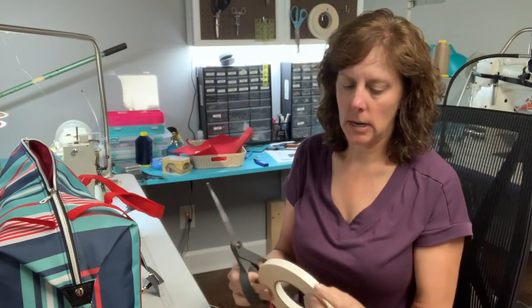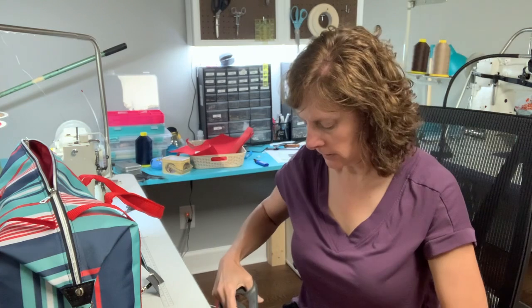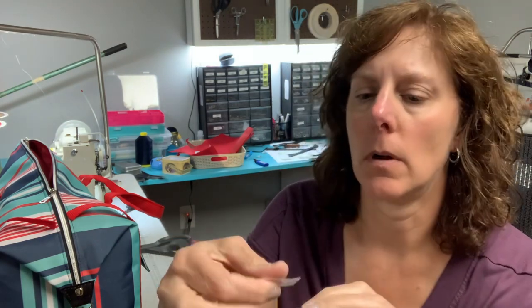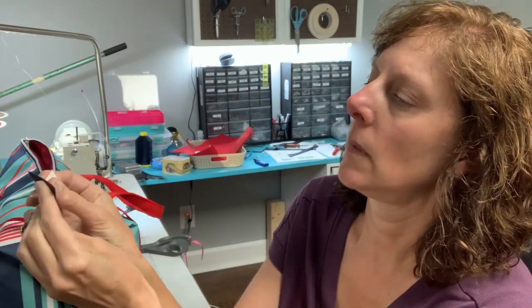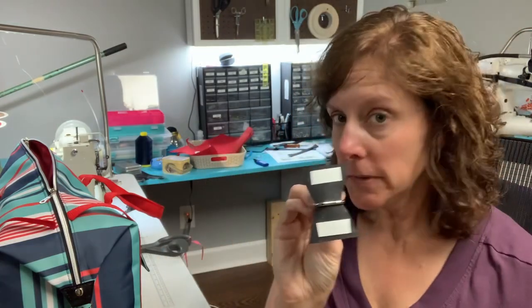So I'm just going to take a couple little slivers here and just go ahead and stick it on the wrong side, on the large section down here. Just like that, okay? So now this is what we have. Okay, before we proceed with this,